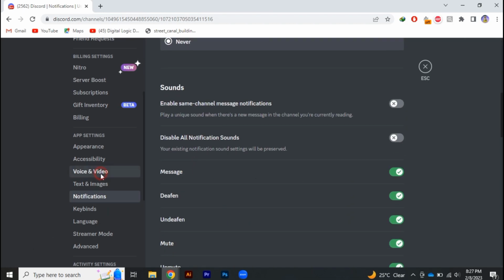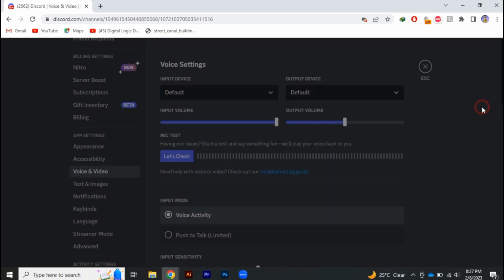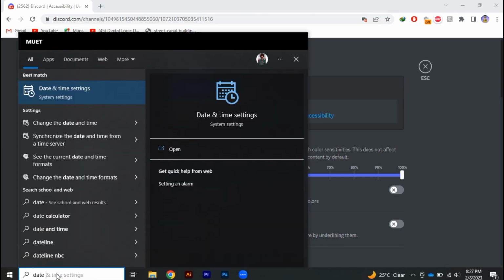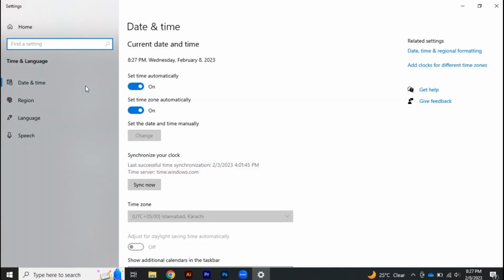So to change the date and time of Discord, you have to change the date and time of your device. For that, simply go to your search bar, type date and time, and click on change date and time. It will switch you to the date and time settings, and make sure that set time automatically and set time zone automatically are turned on so that the settings get automatically set according to